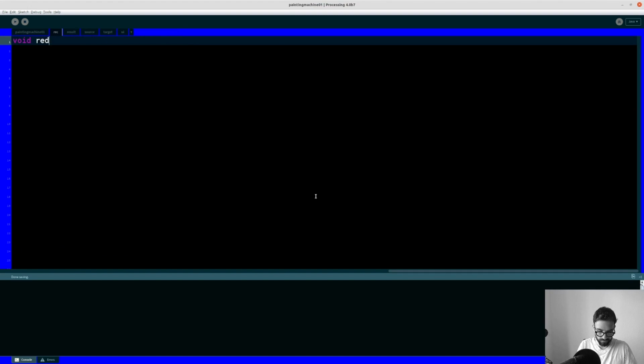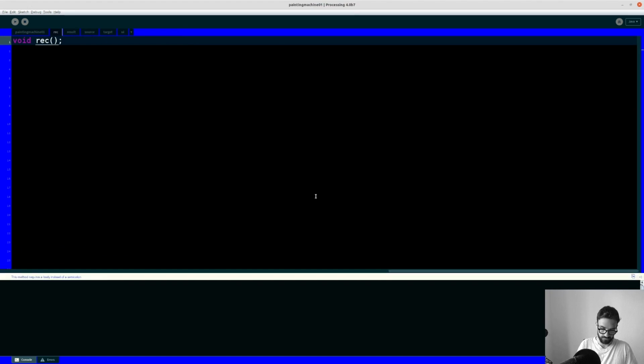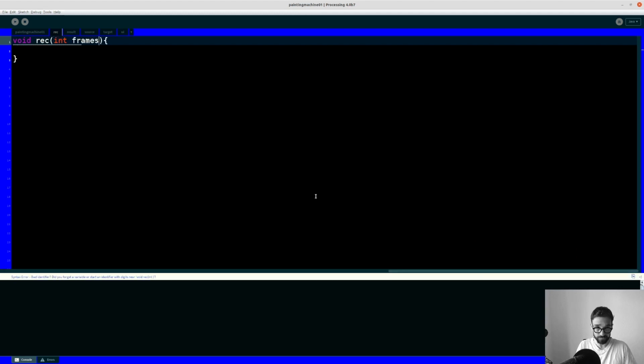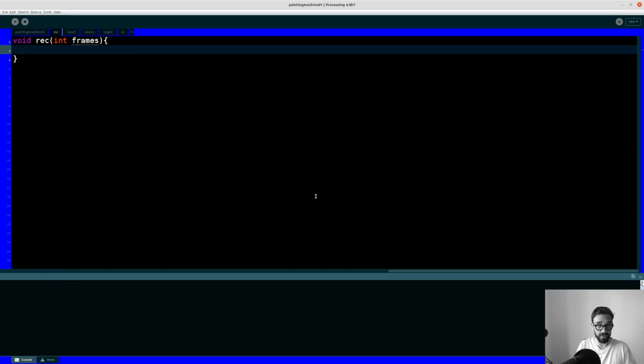Void rec. We'll give it a parameter, which is the amount of frames that it should record. And yeah, if frameCount is smaller than frames,